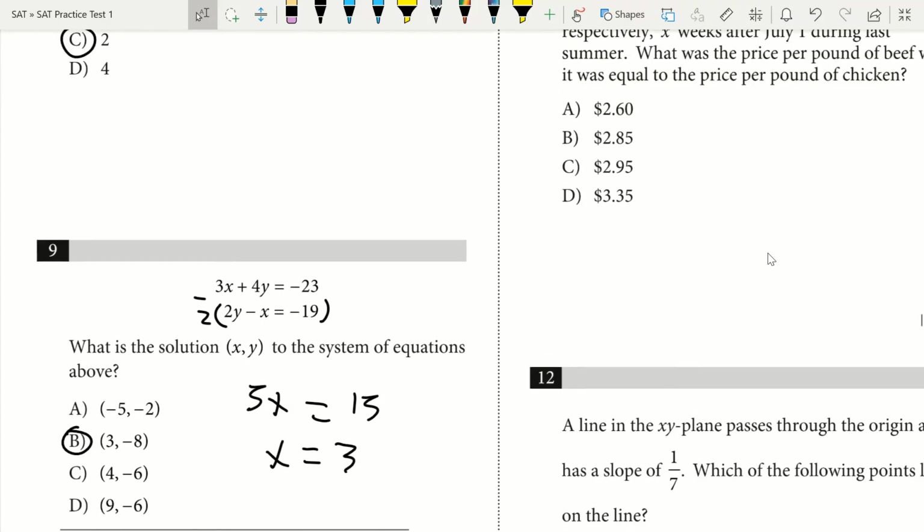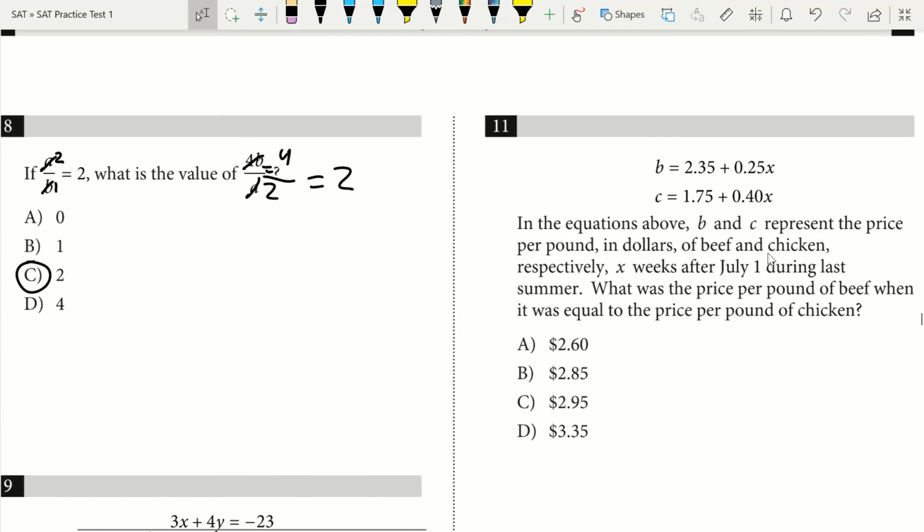All right, question 11. In the equation above, B and C represent the price per pound in dollars of beef and chicken respectively, x weeks after July 1 during last summer. What was the price per pound of beef when it was equal to the price per pound of chicken? That means I'm setting my two equations equal to each other. So I'm going to go ahead and subtract 1.75 from each side. 2.35 minus 1.75 is going to give me